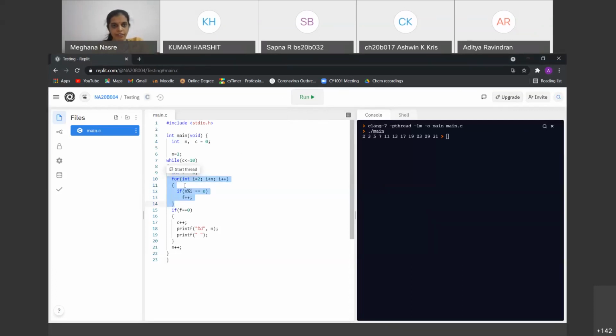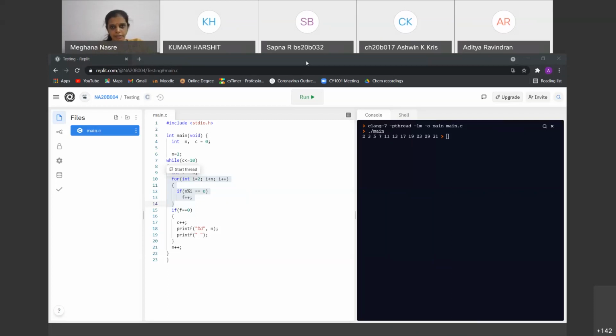Then in fact we have said that if flag is equal to 1, then okay, so you are not breaking out of the loop, right, Aditya? The way we had done it in the class, we had said as soon as you find a divisor, you break out of it and say that it is not prime. If flag happens to be 0 at the end of it, it is a prime number, and therefore you say it is a prime, and that is the part you have used for identifying that you have identified a prime and therefore increment the counter.